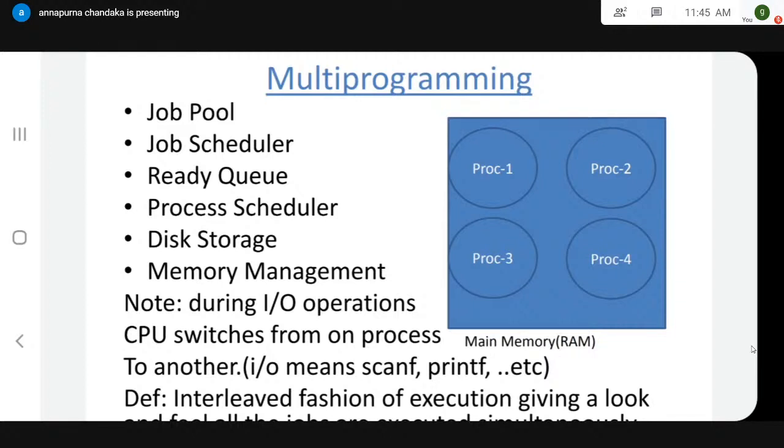Arithmetic and logical operations in the sense, what are the different arithmetic operations done by the CPU? The CPU can perform only one arithmetic operation, that is addition. Then how is subtraction done, how is multiplication done, how is division done? Subtraction is done by using 2's complement or 1's complement form. Multiplication, 2 fives are 10, that is 2 plus 2 plus 2 plus 2 plus 2, a repeated addition, is nothing but multiplication.